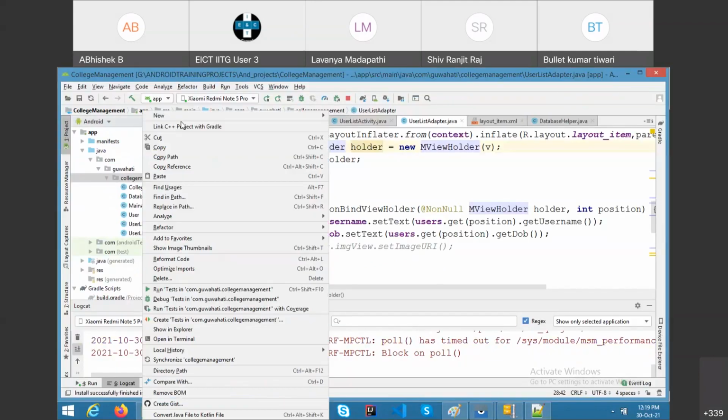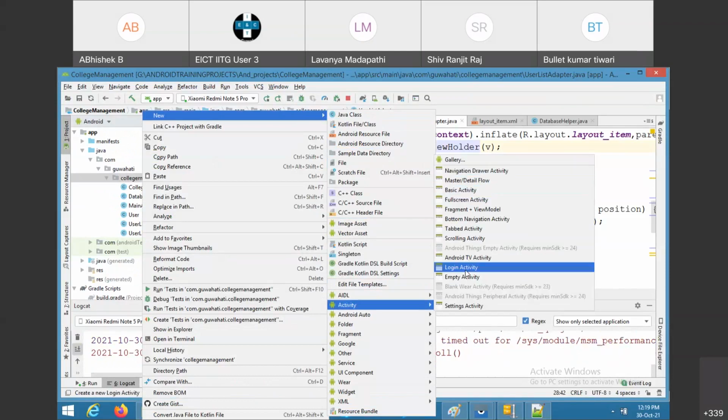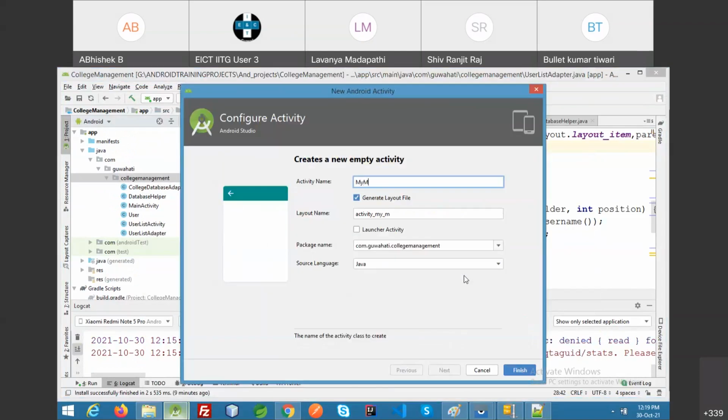New activity, empty activity, my music player activity, or music player activity.